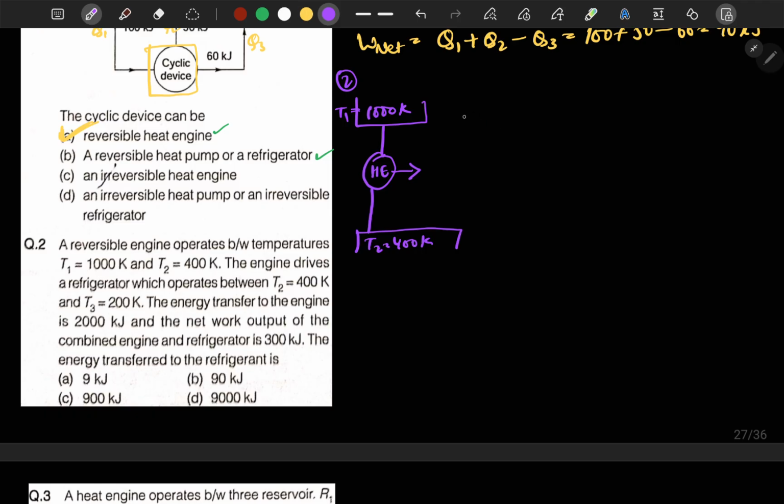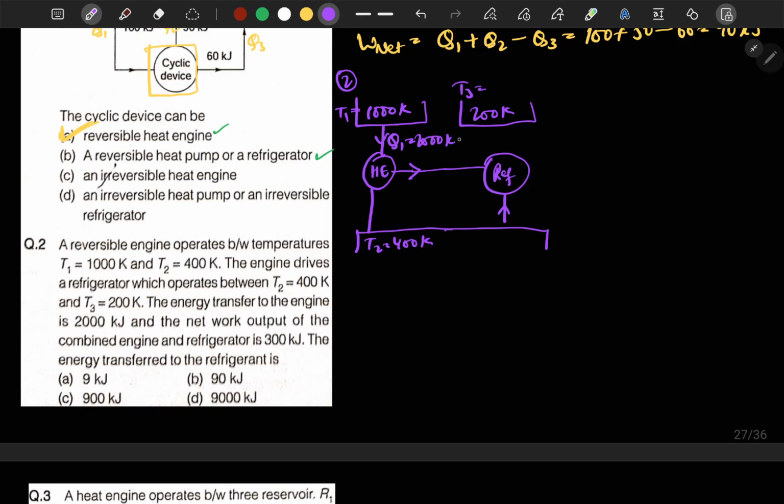Let's say this is a temperature T3 equal to 200 Kelvin, and this is our refrigerator. The energy transfer to the engine is given as Q1 equal to